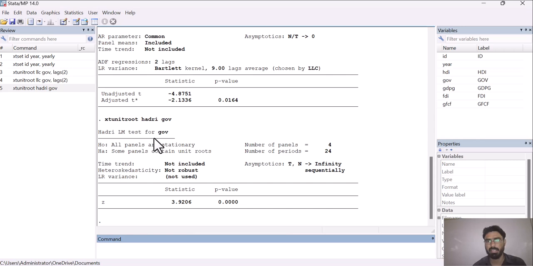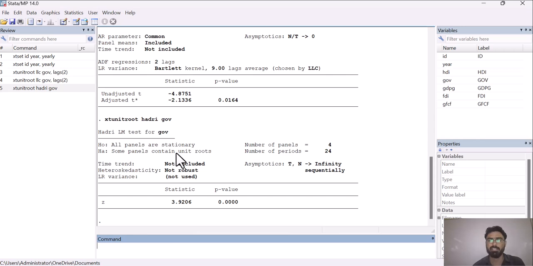But in case of the Hadri test, H0 and H1 are different as compared to the Levin-Lin-Chu test. Here H0, or the null hypothesis, is that all panels are stationary, and H1, or the alternative hypothesis, states that some panels contain unit root, or it means that some panels are not stationary.